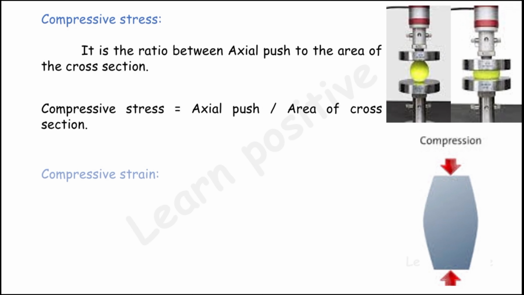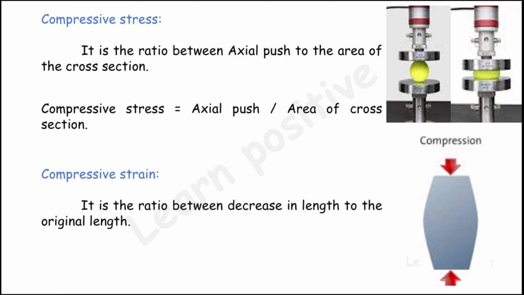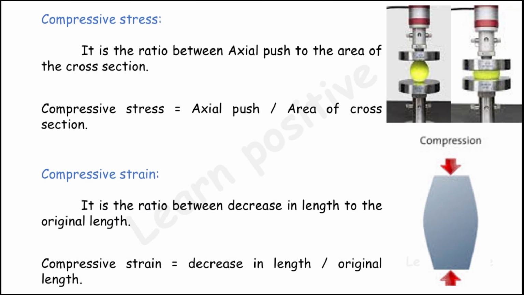So the compressive strain is the ratio of the decrease in length to the original length. We can calculate it by using this formula. And the next one is